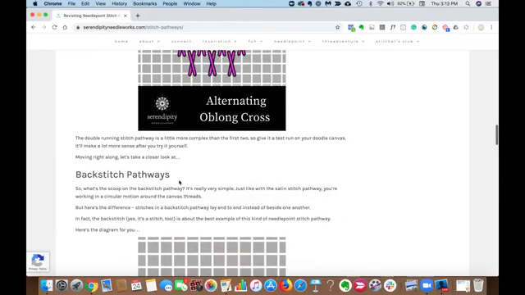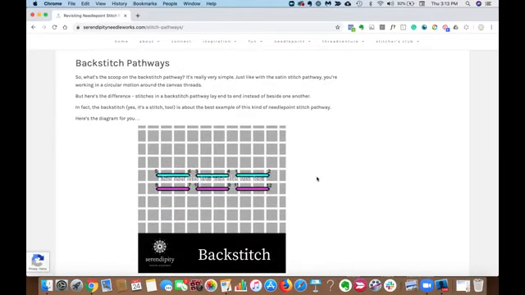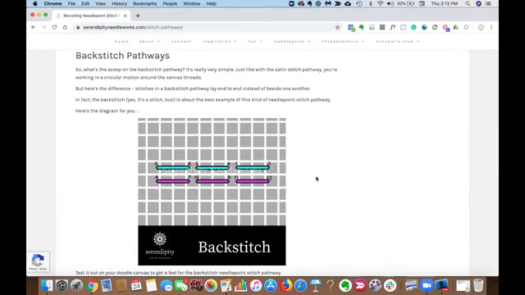All righty. Now, let's look down here and talk a minute or two about the backstitch pathway. So, the backstitch pathway is another kind of pathway that's also named after a particular stitch. There is a backstitch in needlepoint and in surface embroidery, and this follows the exact same path as a backstitch. It's kind of hard to know, was the pathway named after the stitch, or was the stitch named after the pathway? I don't know the answer to that question, but regardless of which came first,